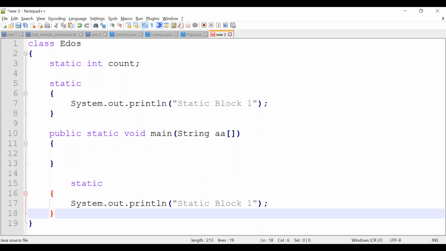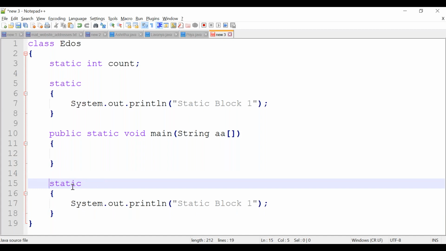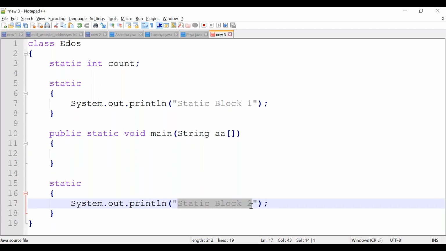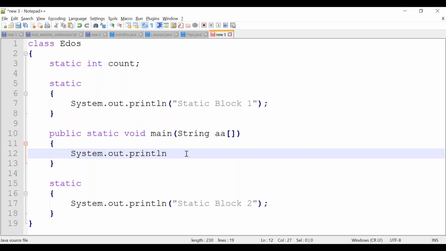After that I'm going with one more static block. Static block can be placed anywhere. This is the second static block. Correct? I'm just printing this is main method.